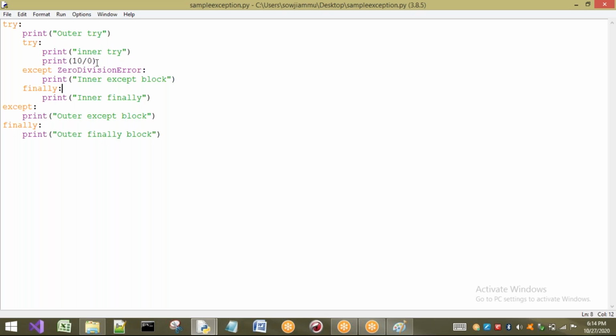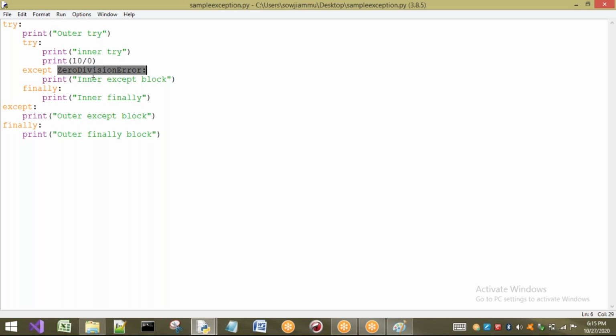Which type of exception? A zero division error. So after this inner try, it will go to the inner except block first. Is it the corresponding except block for the raised exception? Yes, it is.